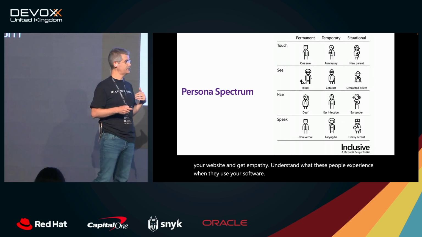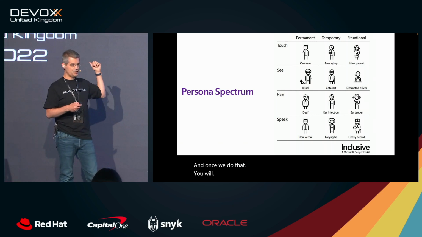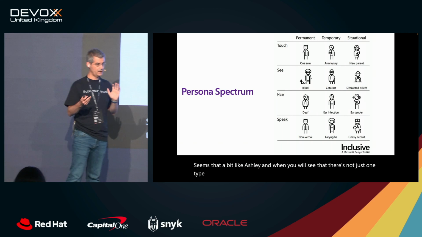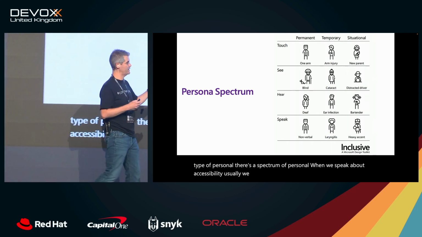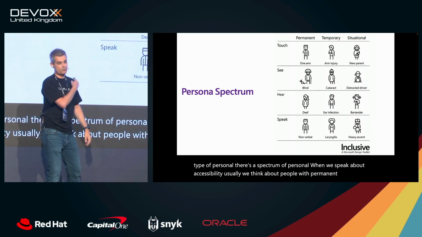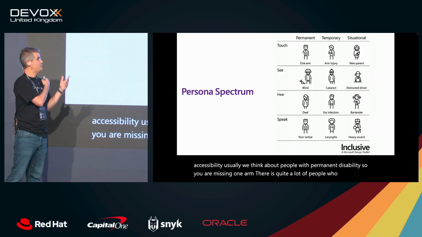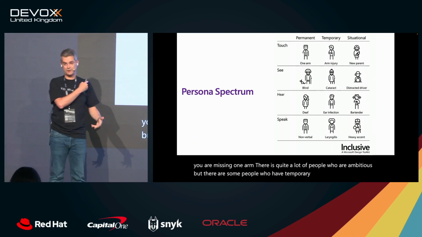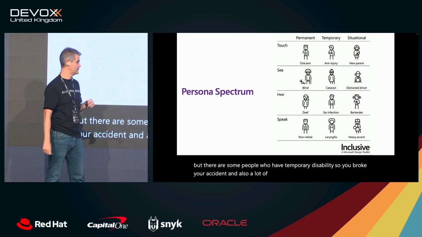And once you do that, you will see that, a bit like Ashley and Ron, there's not just one type of persona, there's a spectrum of persona. When we speak about accessibility, usually we think about people with permanent disabilities. So you are missing one arm, and there is quite a lot of people who are amputees, but there are far more people who have a temporary disability, so you broke your arm at a ski accident, and also a lot of people who have situational disabilities,